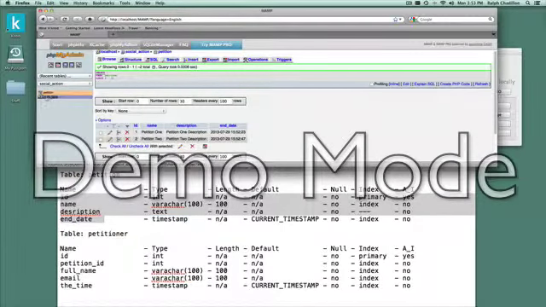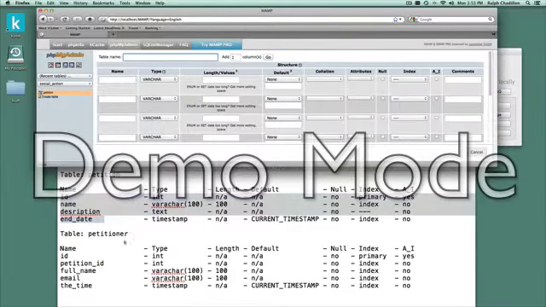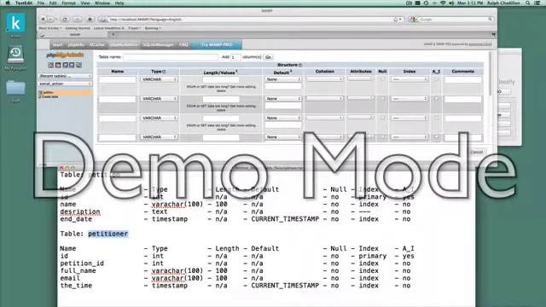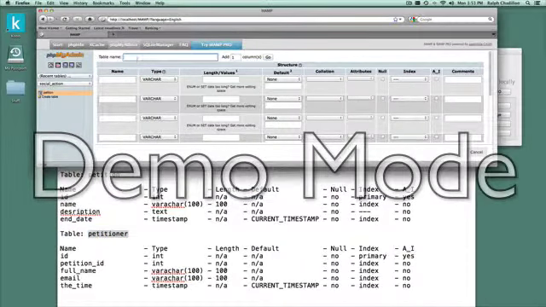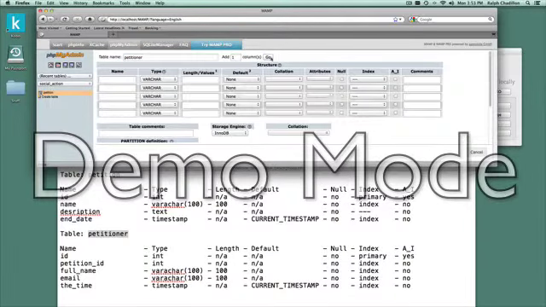Now, I have to create a second table. This table will be called petitioner. And as you see, there's 5 rows this time. So instead of 4, I'm going to add another column. So here we go again. ID, integer,